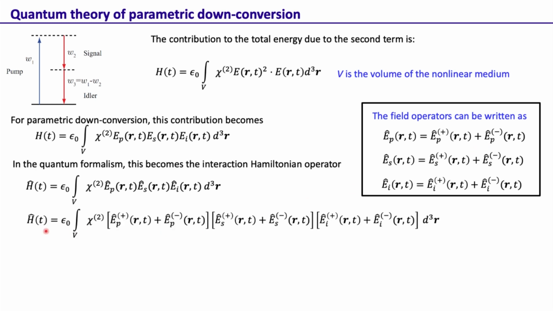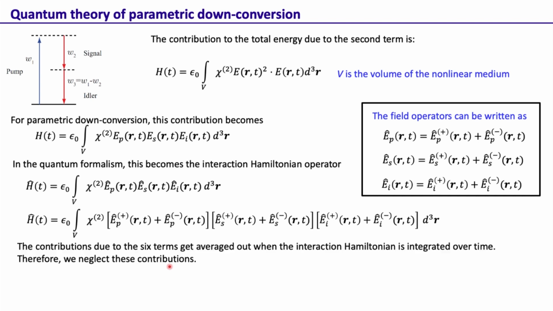So if you do that, this expression for the Hamiltonian becomes this. Here we are just replacing EP, ES, EI by these expressions. So there is a total of 8 terms that we will actually get here, and all kinds of combinations will have EP plus, ES plus, EI plus and so on. But it turns out